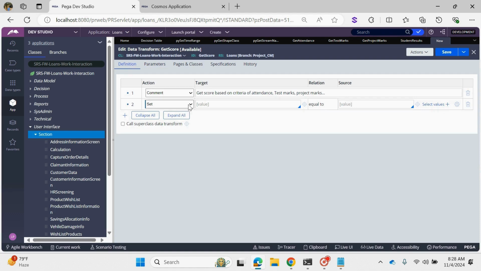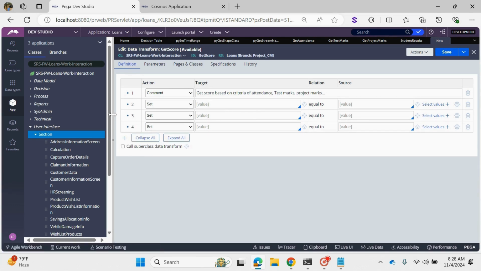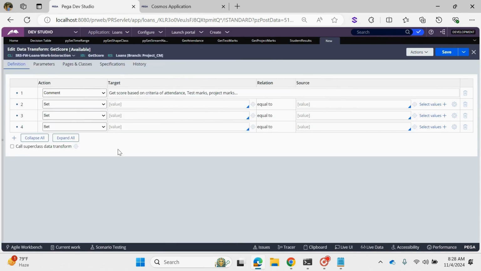Now let's understand how to trigger this part. Before this, what we can do is use those parameter values here to interact with the decision table. As I mentioned, in a decision table, if you want to interact through the data transform, you will have